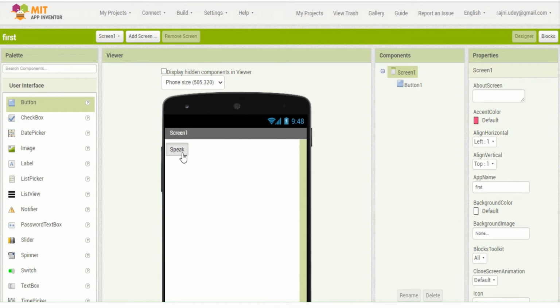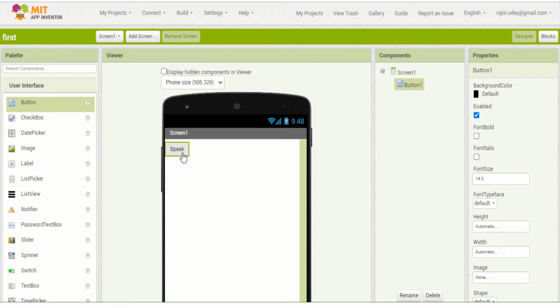Second thing, I want this button to be in the central location of my screen, because right now it is left aligned. I want it to be center aligned, meaning it should be shown in the center of the screen.